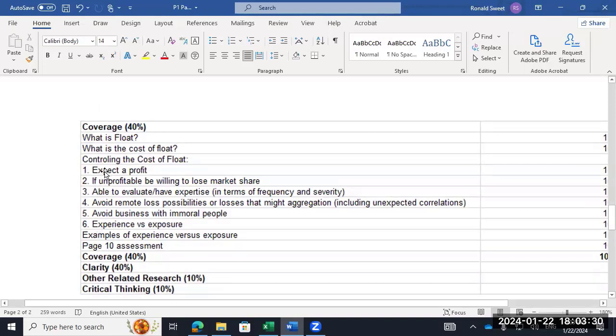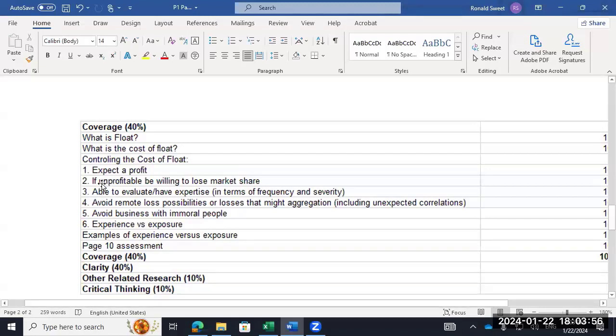The first one is expected profit. It's important in your paper. We talked about it last class. I don't mean you make a profit every single year. That's really not possible for a reinsurer. But over the life of a product, even with bad years, you should make money on the product. So reinsurance is usually really high earnings and then one really bad year and then high earnings. That one bad year shouldn't wipe out everything else. You should have a good profit.